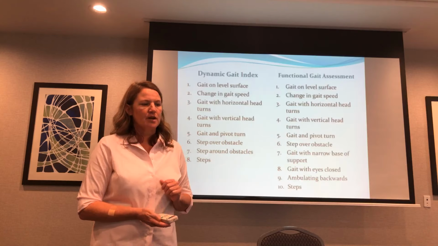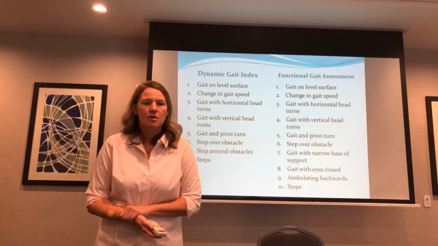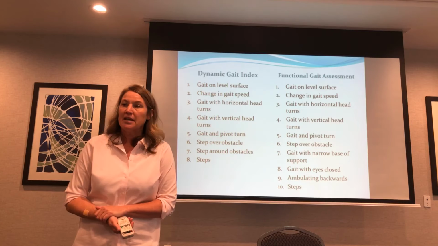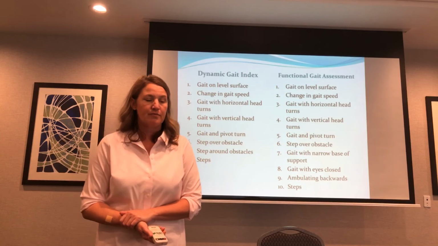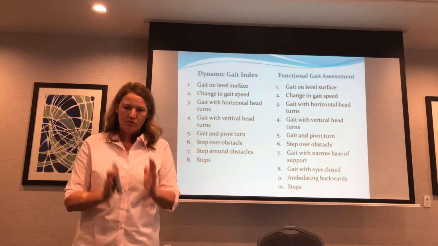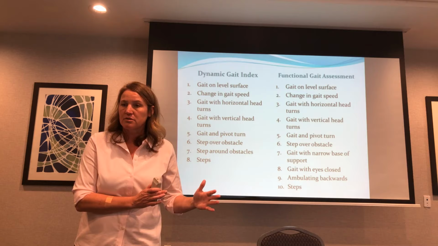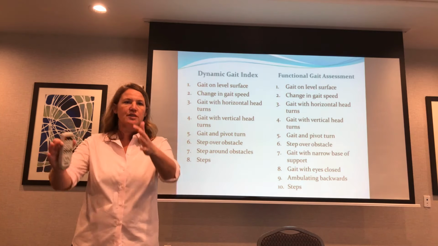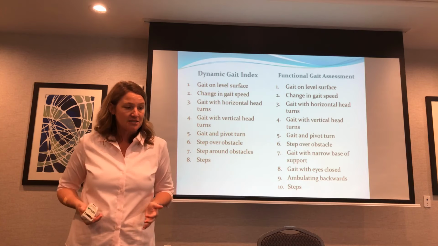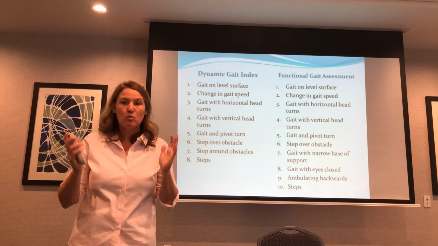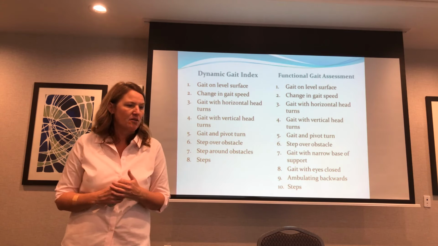So moving on to talk about the dynamic gait index. When you're looking at ambulation and you're testing ambulation, the dynamic gait index came out first. It preceded the functional gait assessment, but it looks at a variety of different gait scenarios. And you need a hallway, basically, or an open area. So you need to be able to look at them walking a fairly decent distance. And so you're looking at walking on a level surface. Just have them walk back and forth, up and down a hallway.